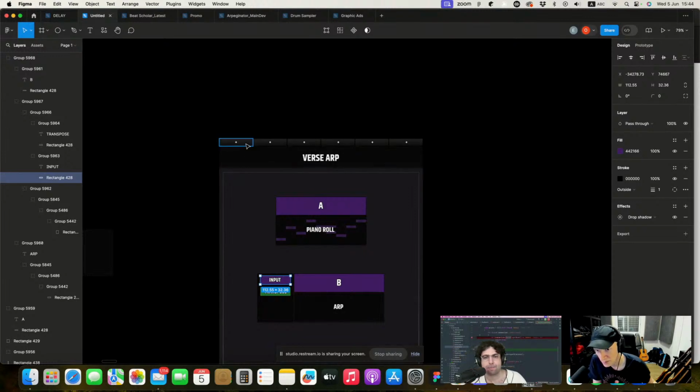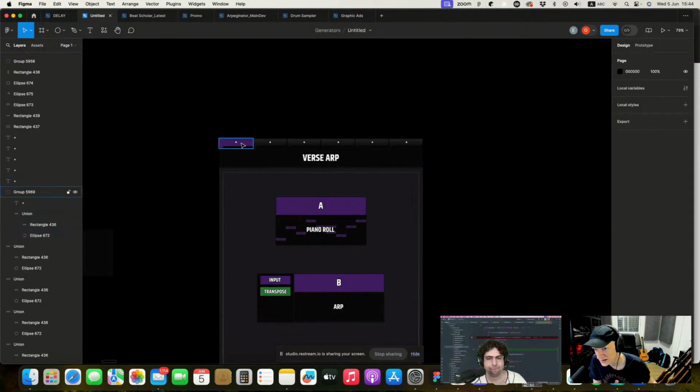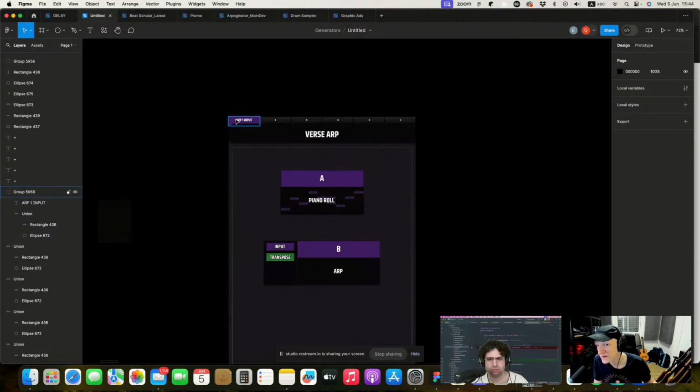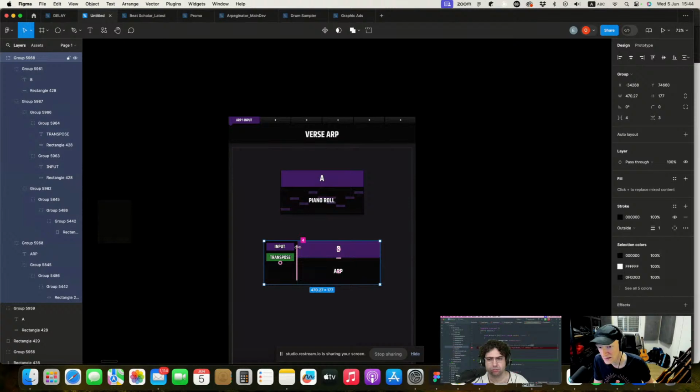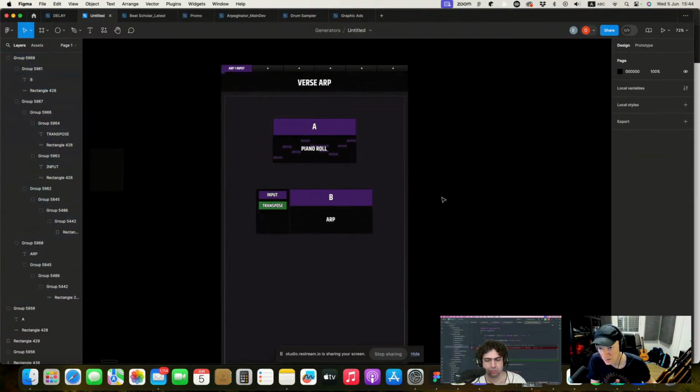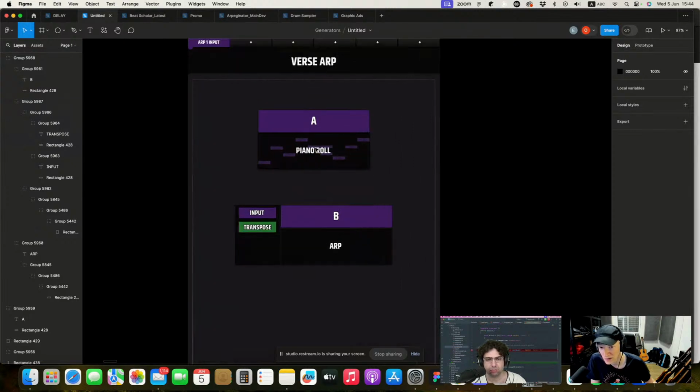Check this out. So I'm going to copy here, paste the style here. And you see how this turned purple? And now it would say ARP1 input. Oh, let's just have it say ARP1 for now. Let's say that this is the name. I know what, I have enough room. Let's not be lazy, even though we are. So now you have this little flag on the top of the verse ARP here that implies that you externalize this input, and I'm really starting to enjoy the entire style.